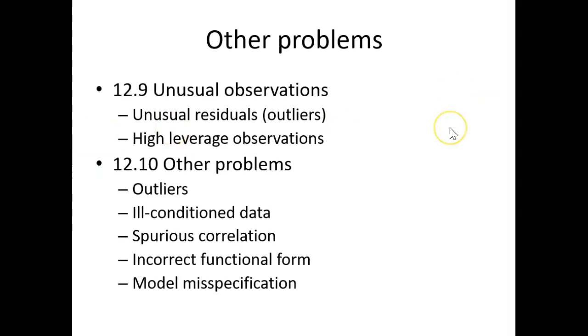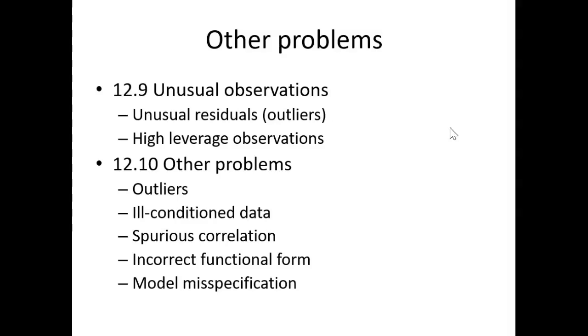Okay, next two sections, 12.9 and 12.10, are, you can think of these as details, but they're necessary details because a lot of times the data that we get are going to be messy. So here's a summary of the sorts of problems that you might encounter with your data and trying to fit